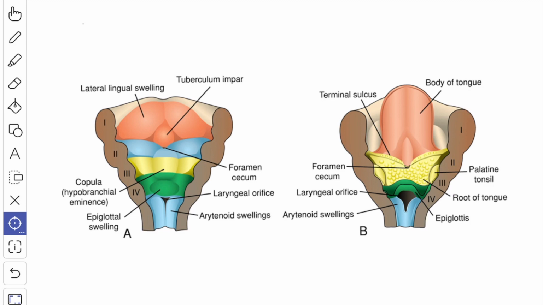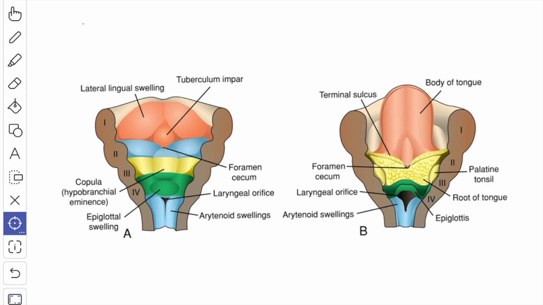Later, the anterior 2/3 is separated from the floor of the mouth by the development of the alveolo-lingual groove. An endodermal diverticulum known as the thyroglossal duct grows caudally behind the tuberculum impar, which forms the median thyroid rudiment. The proximal end of the duct persists after birth as the foramen cecum. Therefore, the oral part of the tongue is mostly bilateral in development.